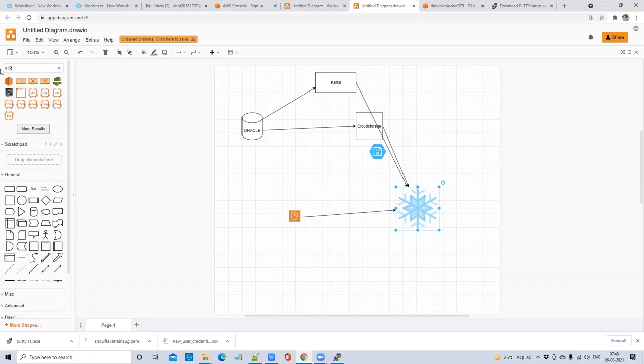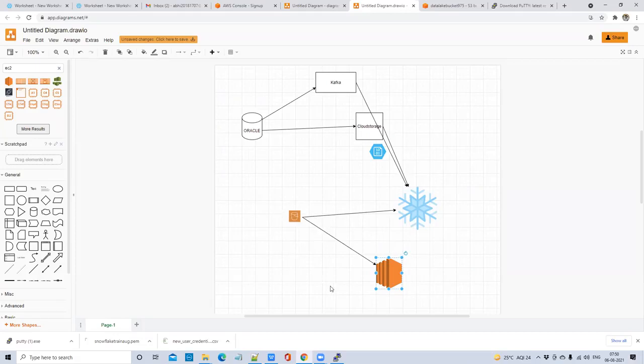EC2 can be denoted by this icon. First I will establish a connection between my S3 and EC2, then we'll discuss how to establish the connection between S3 and Snowflake. This is not needed, but to make you understand better, I'm teaching this.